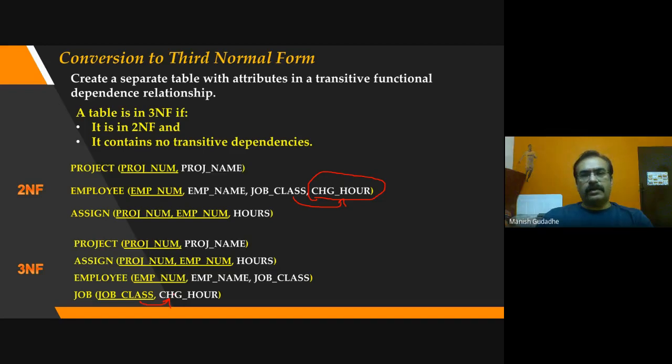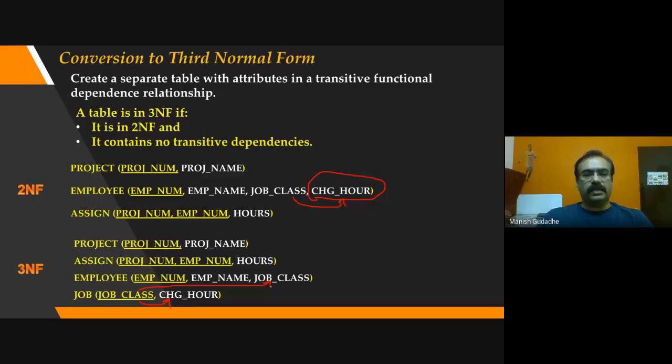Okay, today for a database designer it is $105, tomorrow it can be $125. So it is not going to affect any of the other three. That effect will be here only. Job class. So as a designer, I'm going to identify database designer in this job list, and his charges per hour can be very easily identified. That will be used for calculating the total charges he's going to perform.